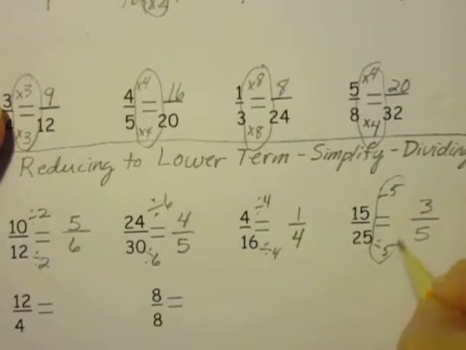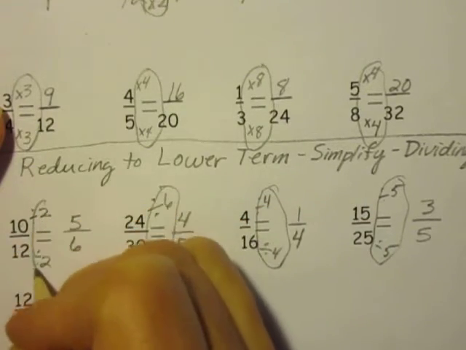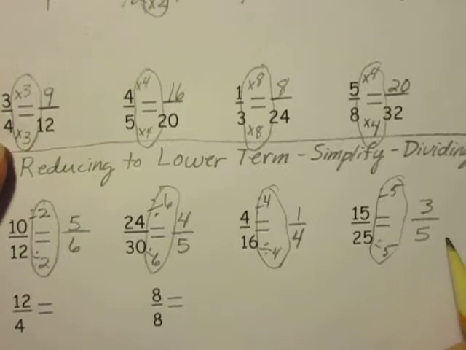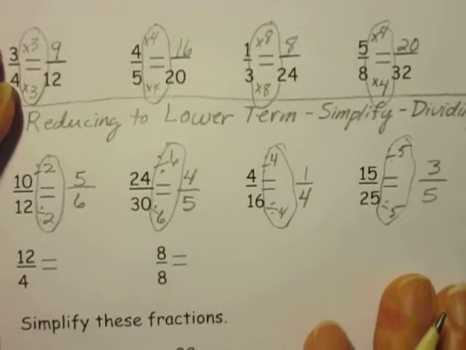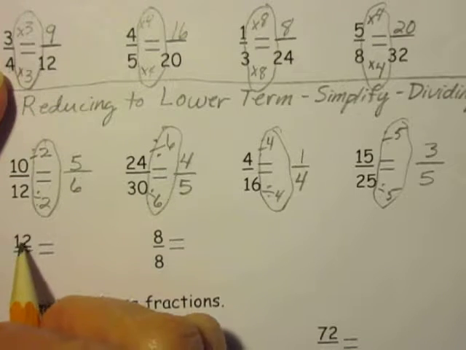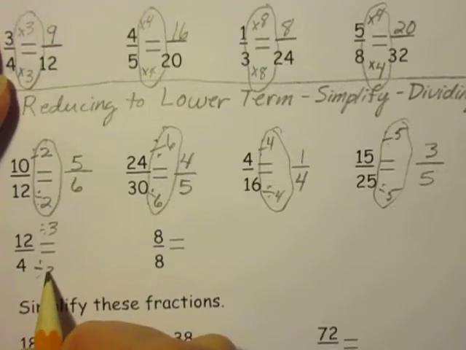So again, this is the ticket here: you're dividing both numerator and denominator by the same number to get an equivalent fraction just in lowest terms. Now on this next one, we can look at this a couple different ways. I can say that I'm dividing both numerator and denominator by 3. I'm sorry, by 4